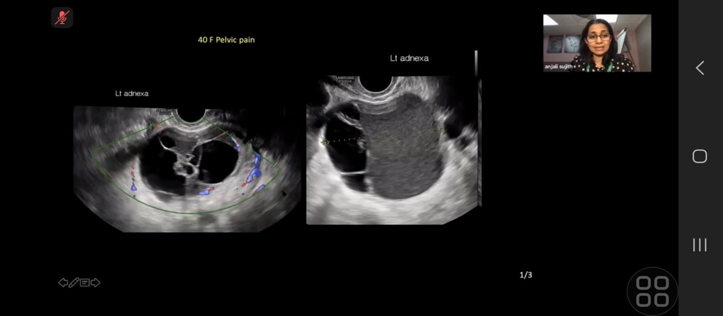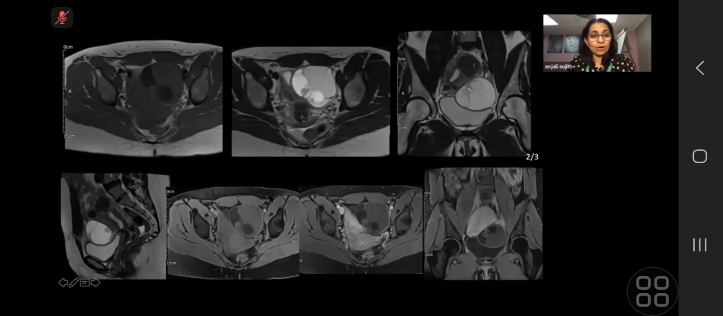This is a complex cystic lesion which looks like it has some hemorrhagic component. It shows internal vascularity. So on MRI, this is a T1 fat saturated sequence. No, this is a T2. This is a T2. This is T1 fat saturated. So it does show some hemorrhagic content. It does show a solid nodule on T2,